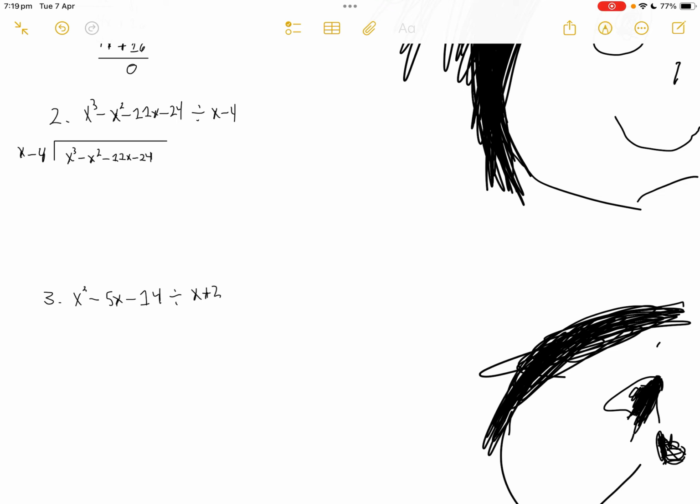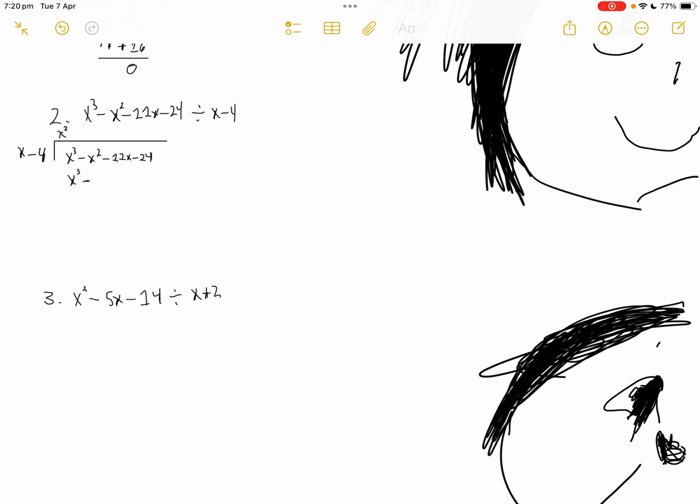So what we essentially want to do is get this x over here to match this x right over here. That way the x cubed over there will cancel out. So we have an x squared right here. We're going to multiply that by x squared, because this x, when you multiply it by x squared, is going to be x cubed. So that's x cubed